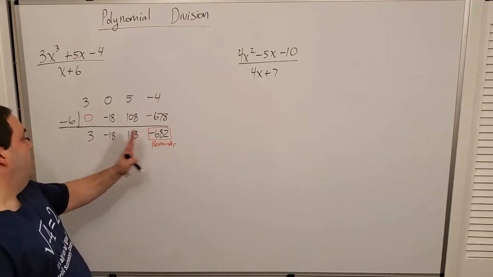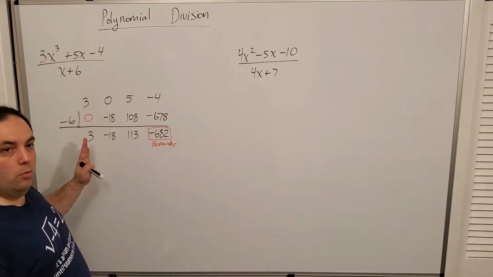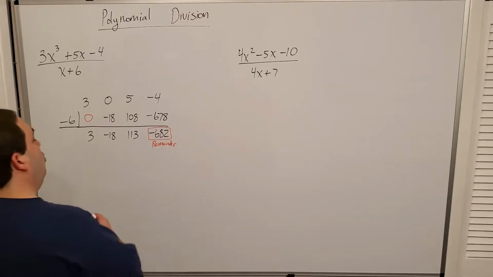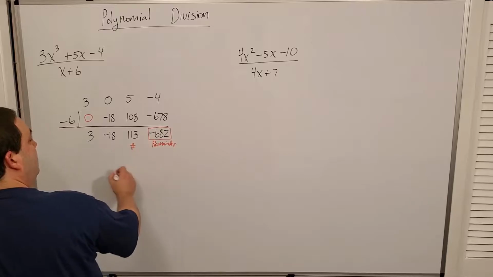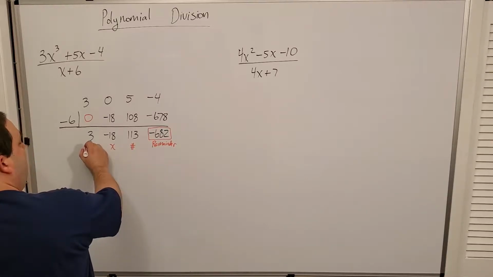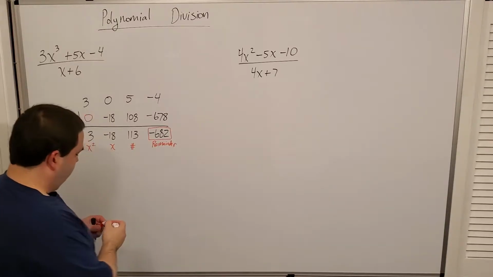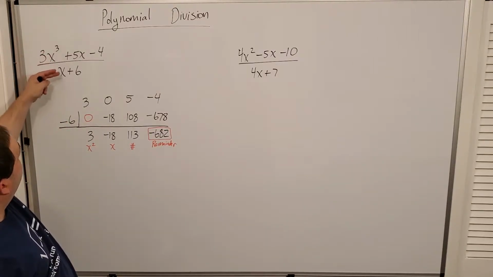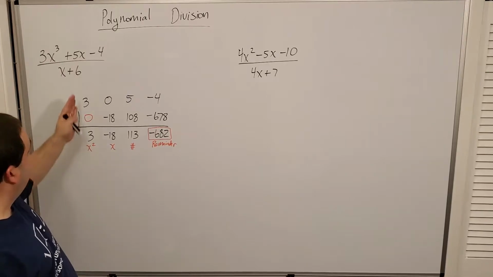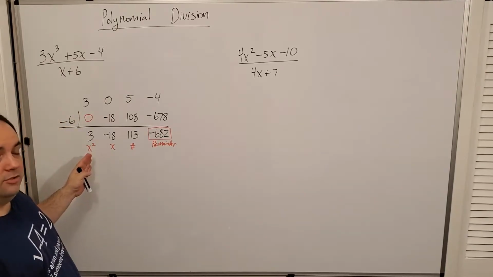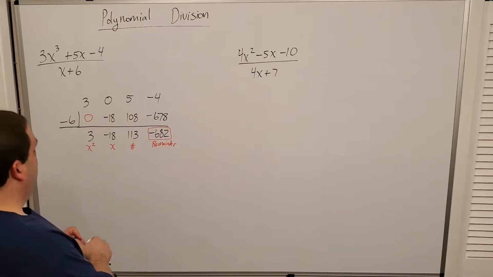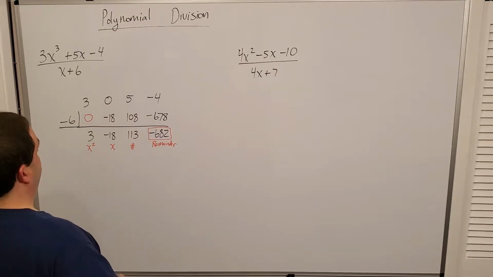That means from here on out are the normal whole parts of the answer. So that means that this would be the number portion, this would be x to the 1, and this would be x to the 2. And remember, that makes sense because I started with x cubed and I'm dividing by x, so I should be ending up with just an x squared term. So then the answer to my division here